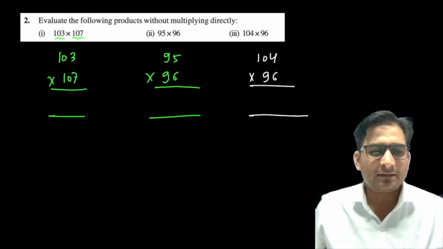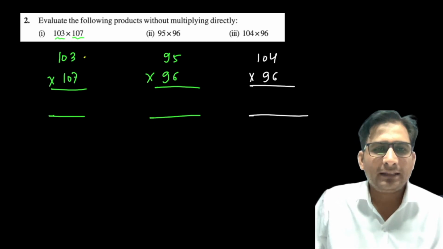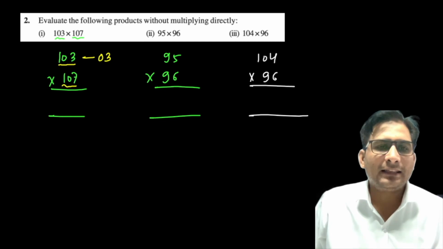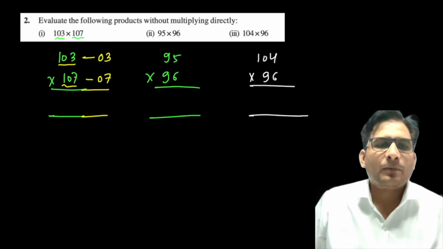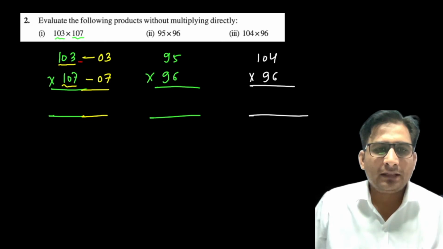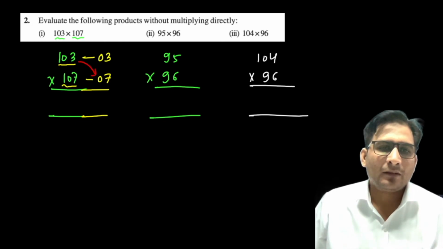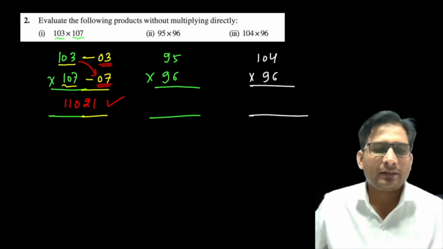So look at this on the screen. ये कितना बड़ा है? 300 से कितना ज़्यादा है? 3 ज़्यादा है, तो 03 लिखना है. ये 100 से कितना ज़्यादा है बताइए? 7 ज़्यादा है. अब आपको करना क्या है, इसमें 103 में 7 ऐड कर दीजिए. 103 में 7 ऐड कीजिए. 110. और ये 03 और 07 को मल्टीप्लाई कीजिए. 21. So this is how we can find out the answer.